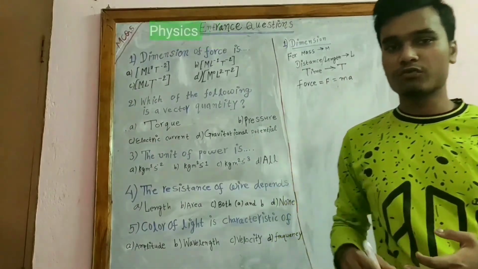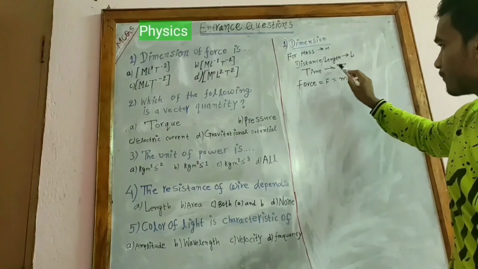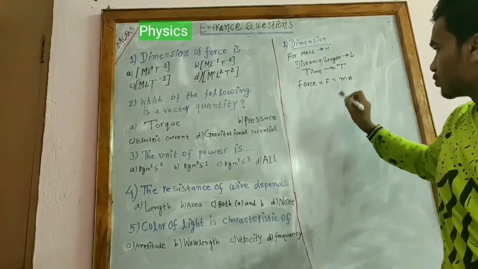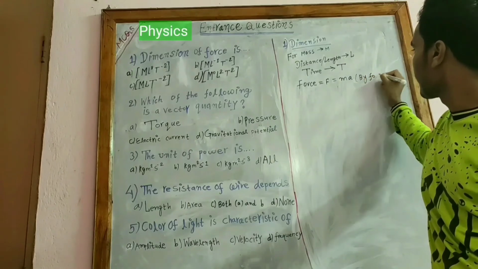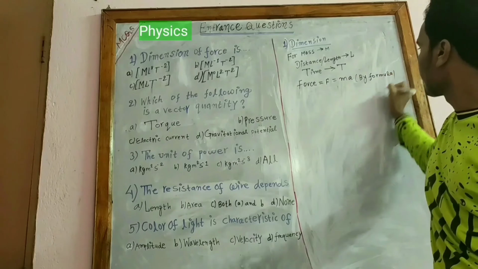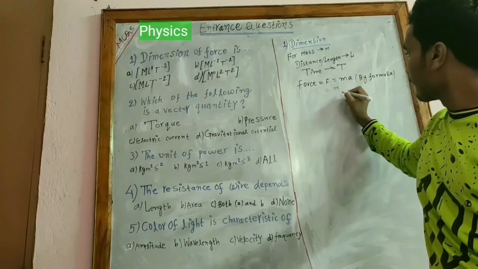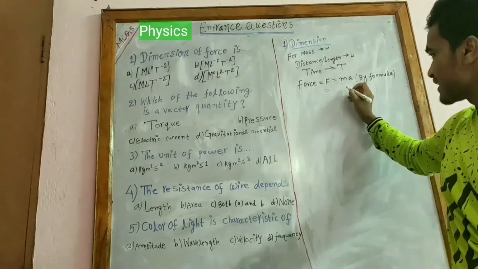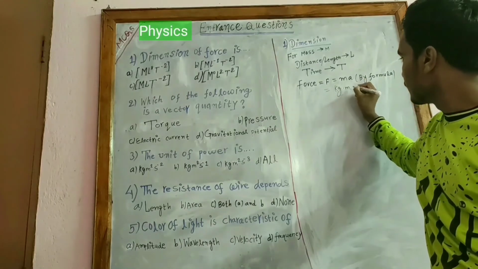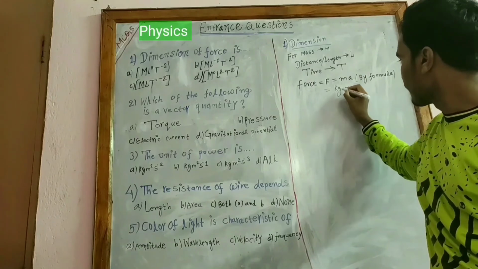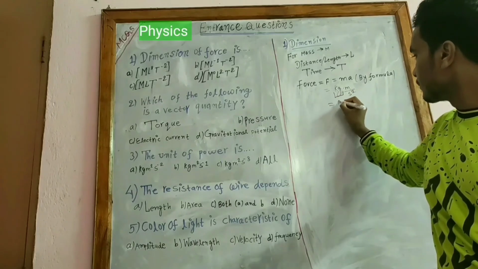Dimension is expressed in terms of MLT. For mass it is M, distance or length it is L, for time it is T. Since force equals to MA, formula, unit of mass is kg, unit of acceleration is meter per second square, that is equals to for kg replace capital